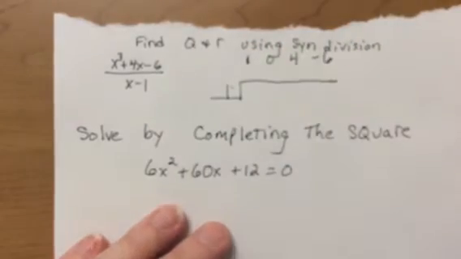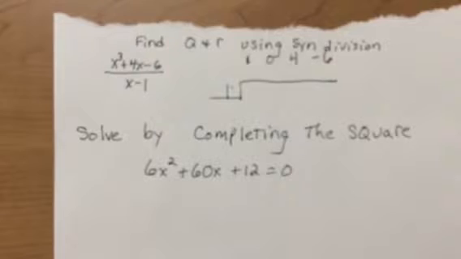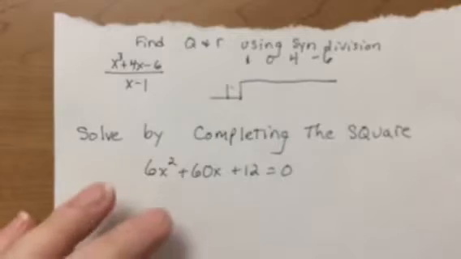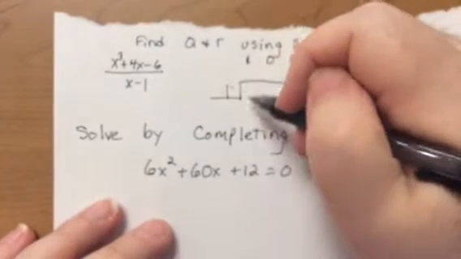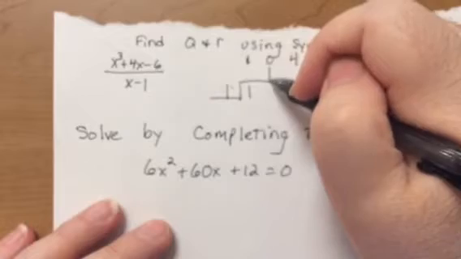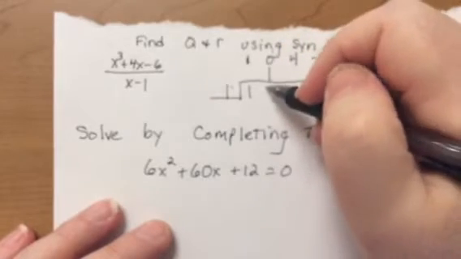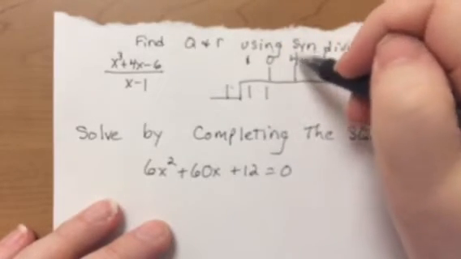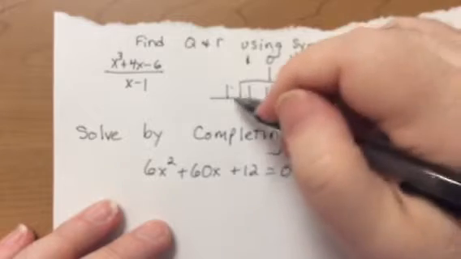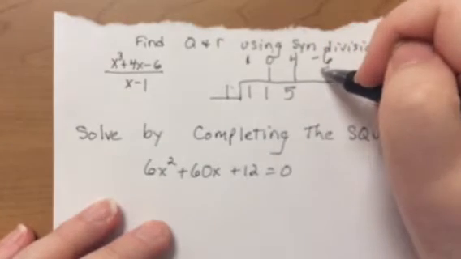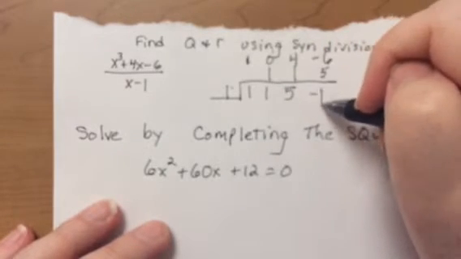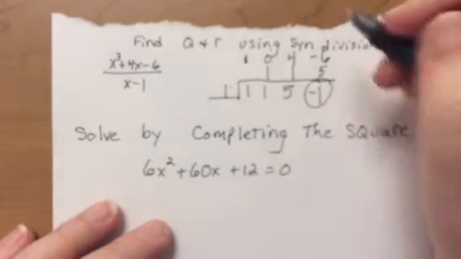Now, do you remember the pattern? Bring down, multiply, add. Bring down, multiply, add. Anyways, so bring it down, multiply, then add to the next term. So add this is 1, multiply, 4 plus 1 is 5. 1 times 5 is 5. Then that's negative 1. So the remainder is negative 1,